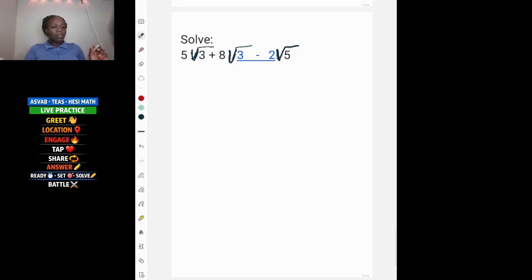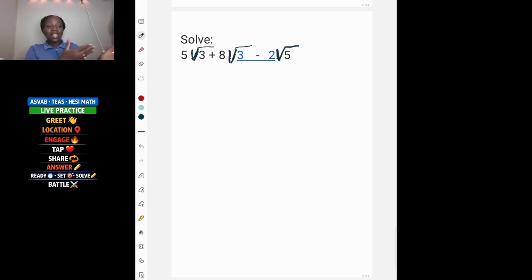We are doing addition and subtraction of radicals. That's what we are doing right now. In some other parts of the world, they call it surds. Note something: the radicals, the ones with the square root, act like you have your